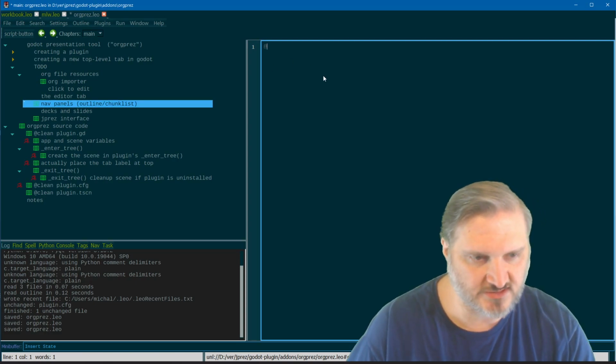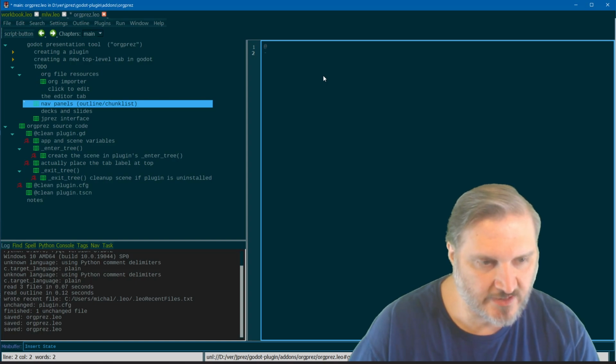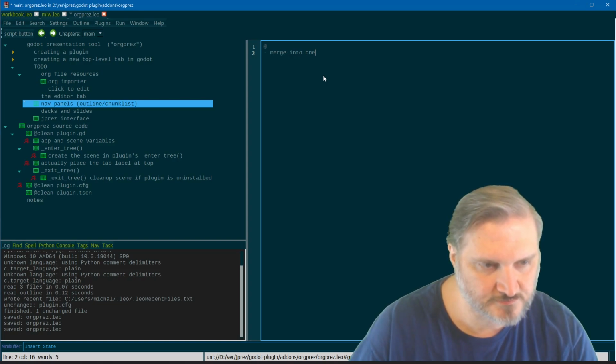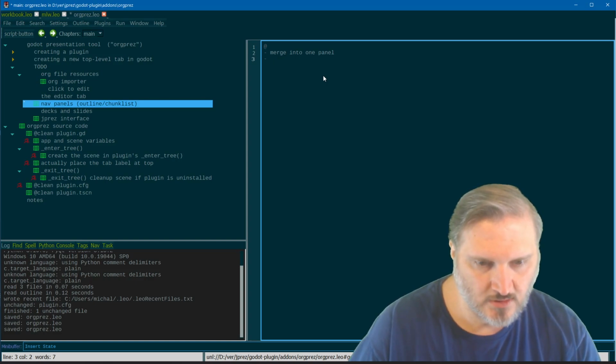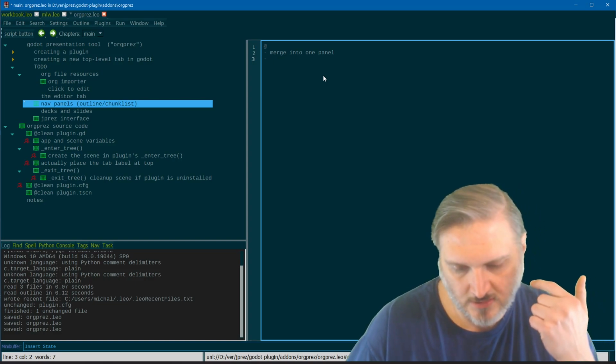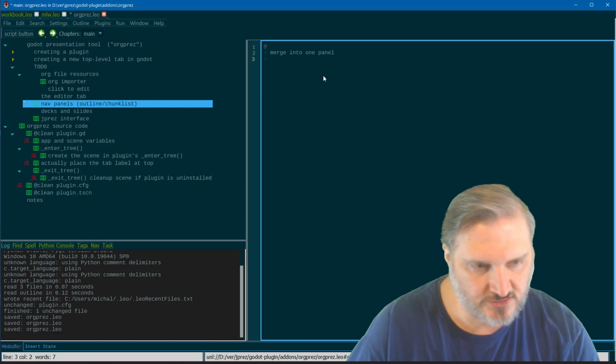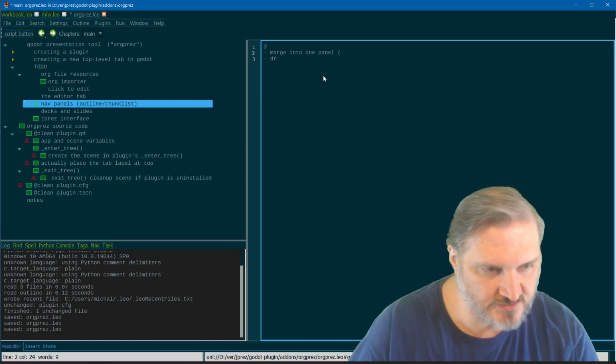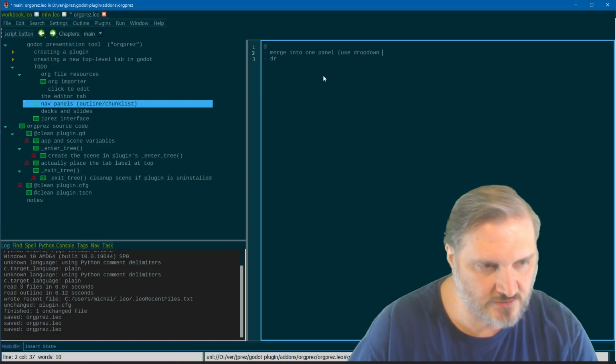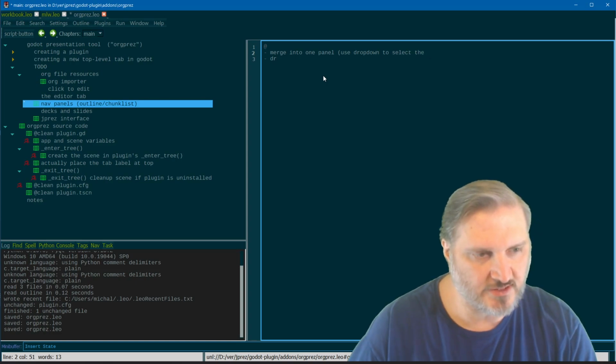But then just a note to myself, we need to merge into one panel. We're going to merge it into one panel. Use drop down to select the